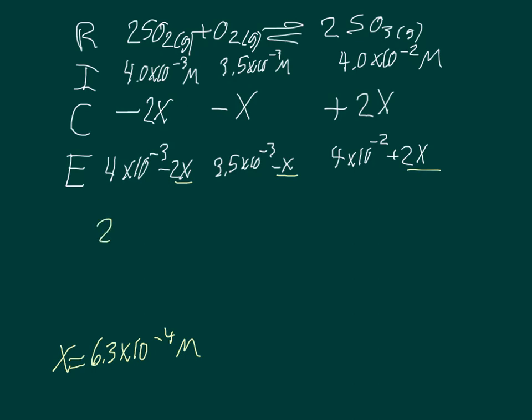It's going to come to 2.7 times 10 to the negative third molar. The O2 will come to 2.9 times 10 to the negative third molar. And the SO3, which is the one that will increase, will now be 4.1 times 10 to the negative 2